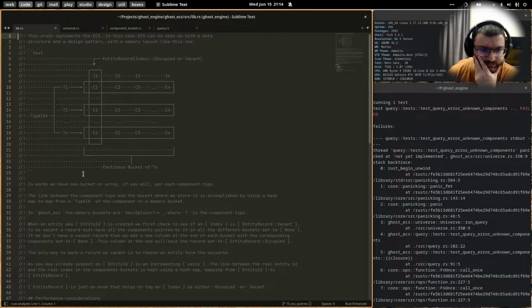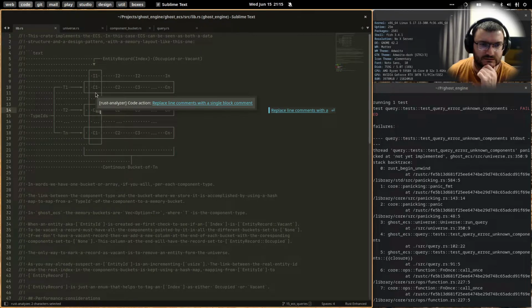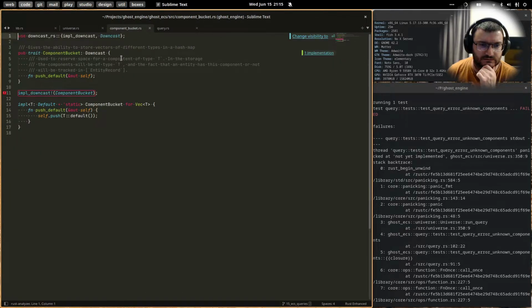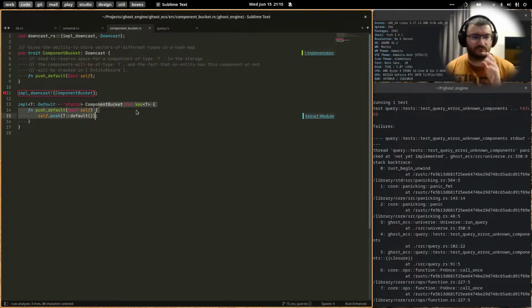Okay, I have the storage and I want this location. I'm on the column at the moment and I need to pinpoint the cell in the matrix or the cell in the bucket. And somehow I need to do this with the component bucket trait. But without